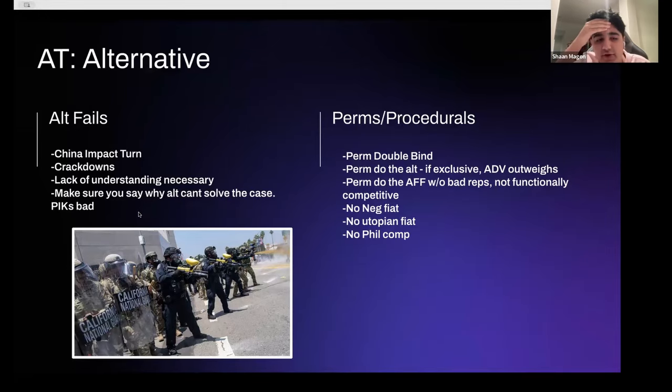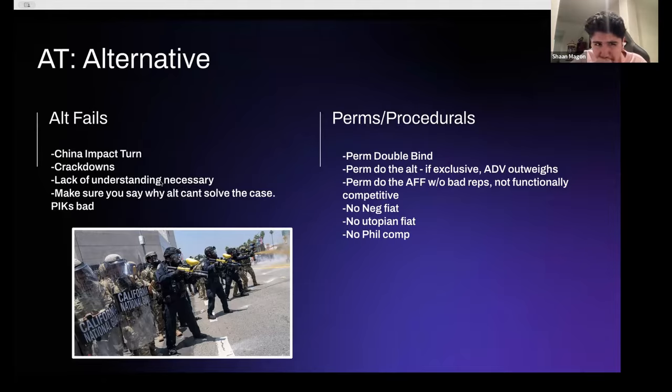The last thing you should do is make sure you explain why their alternative cannot solve your arguments. As I explained before, they might say things such as decolonizing solves climate change, or if you decolonize the entire world, there would be no nuclear weapons or wars to fight. So you should give reasons why the alternative cannot solve the case. If you do all these things, it's defense to their alternative, is a way you can think about it.